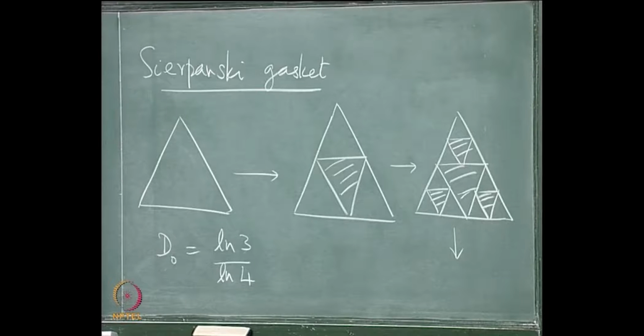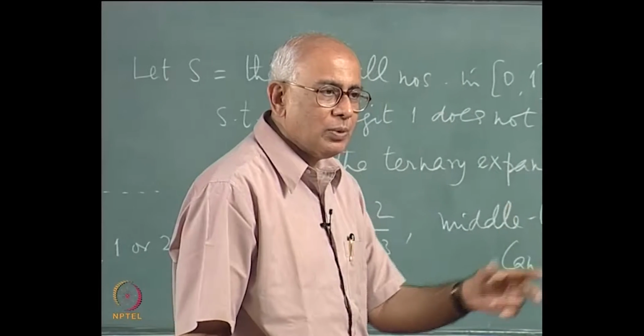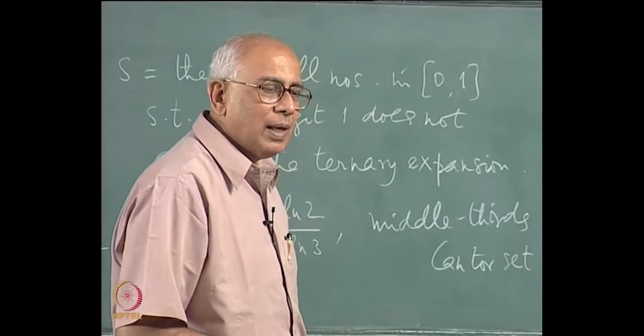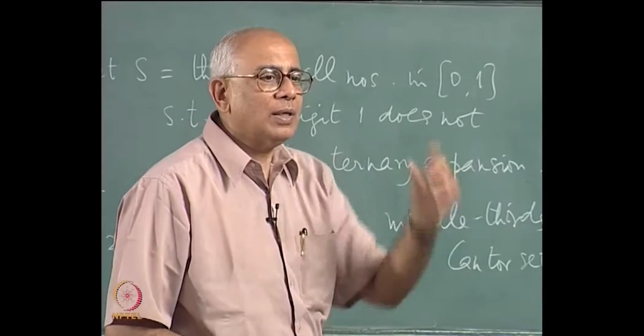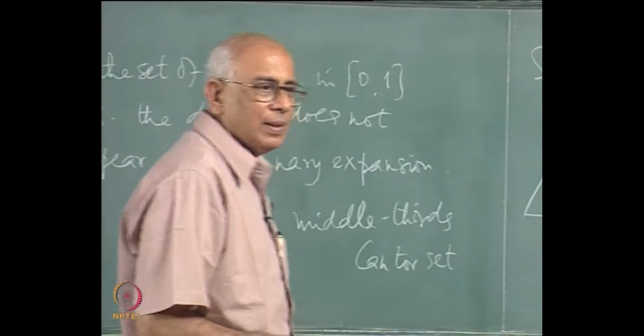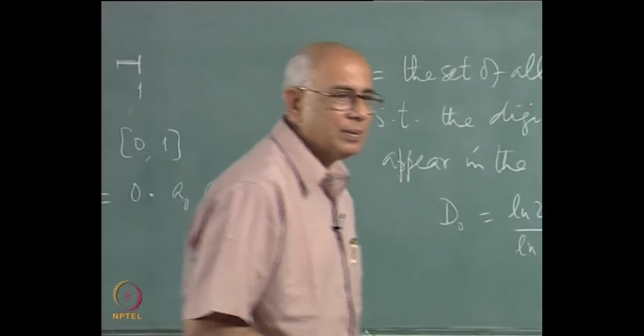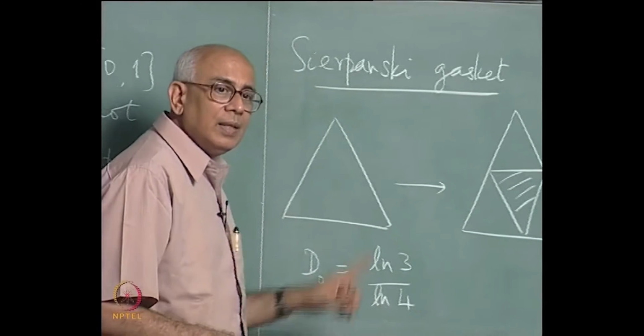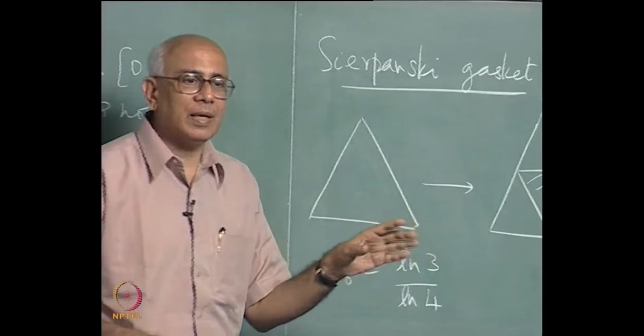I leave it to you as an exercise to tell me what the fractal dimensionality is if you did this in d dimensions, d spatial dimensions. In the next stage, for example, you take a tetrahedron which is a simplex in 3-dimensional Euclidean space, you take a tetrahedron and remove the middle by exactly the same construction, and you are left with tetrahedra at the corners of the original tetrahedron, and you can generalize this to d dimensions. So I leave you to tell me what d0 is in the case of a d-dimensional Sierpinski gasket